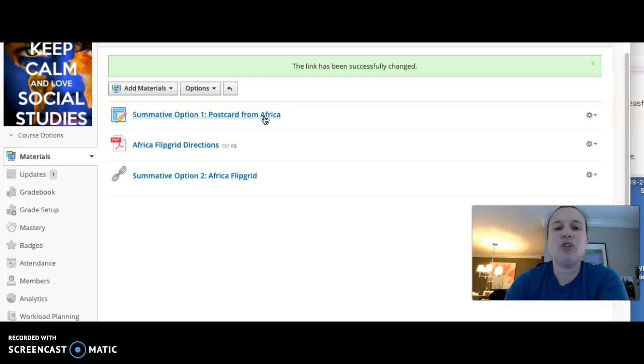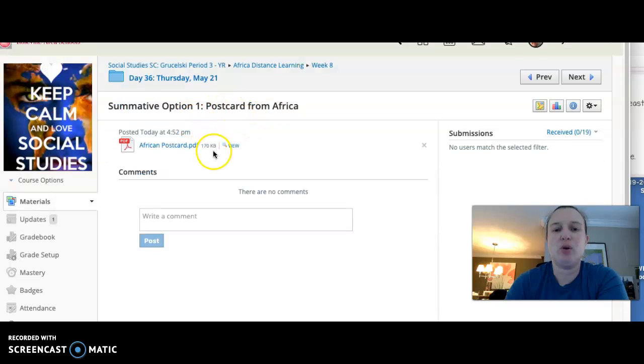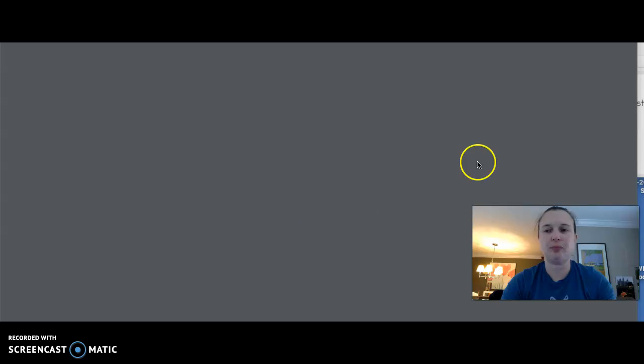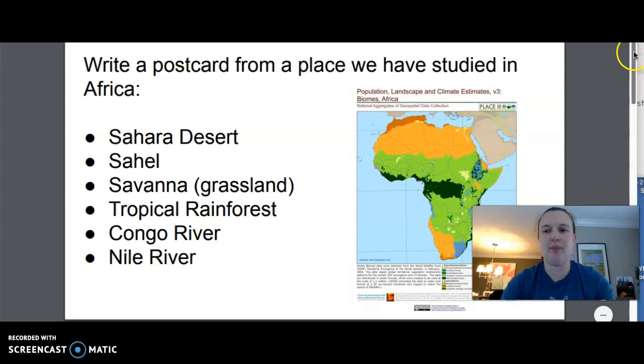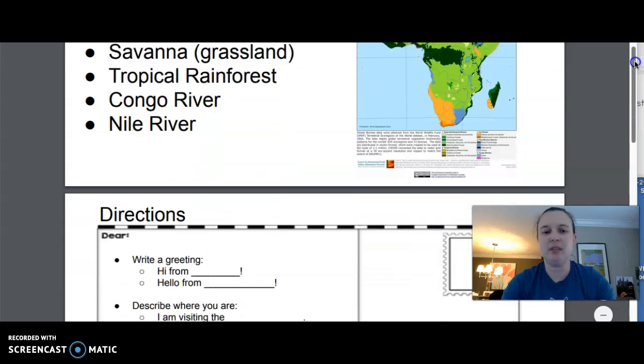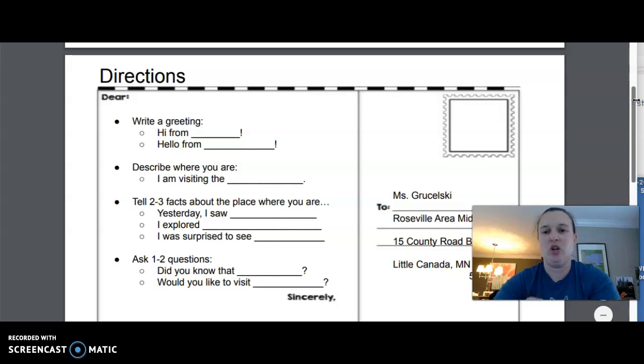Okay, so for the directions on how to do the postcard, everything is in the document called African Postcard. Let's open it up. Okay, so here's a review of all the different places we've learned about so far. Here's your directions. You're going to write a postcard to me, and you're going to pretend you're in a place